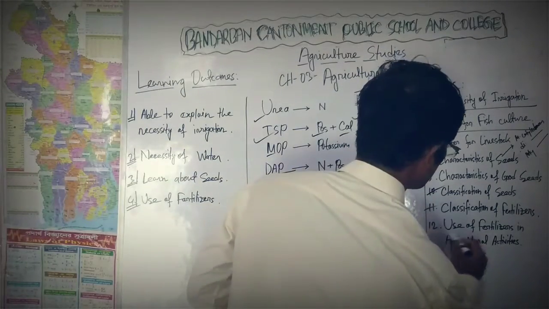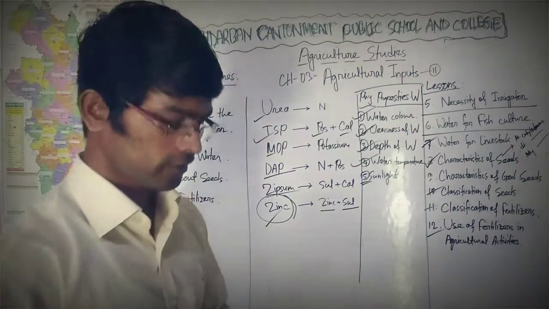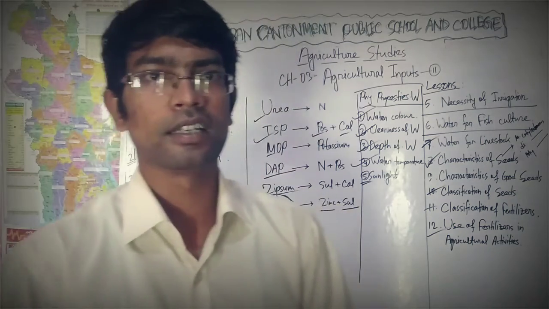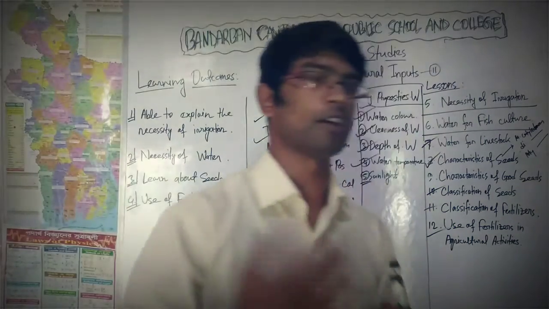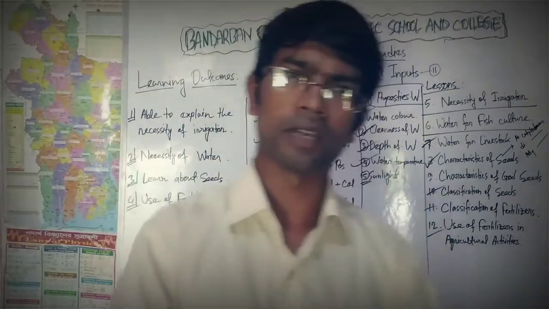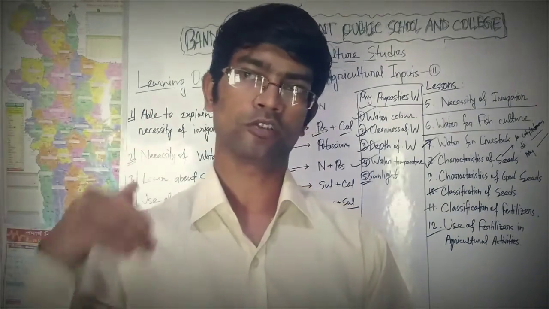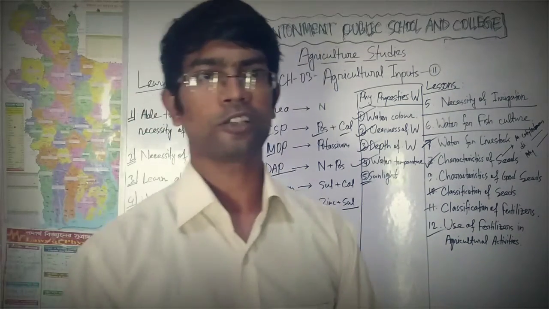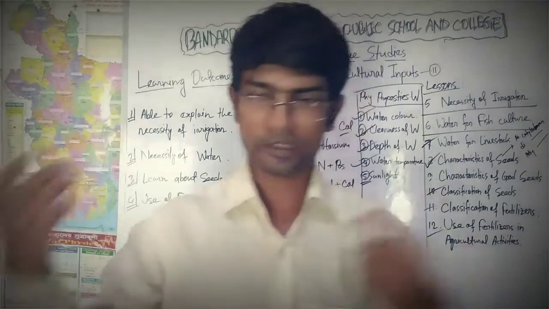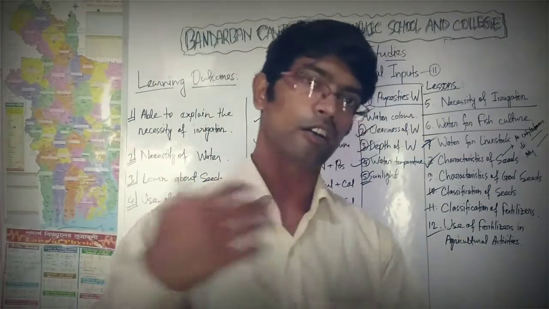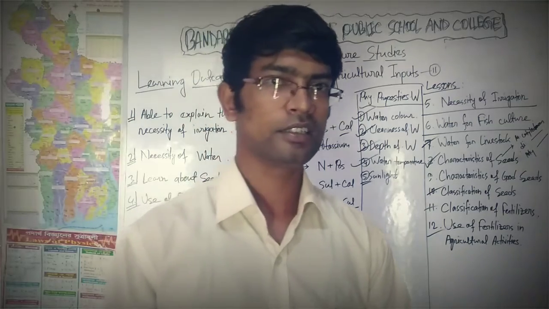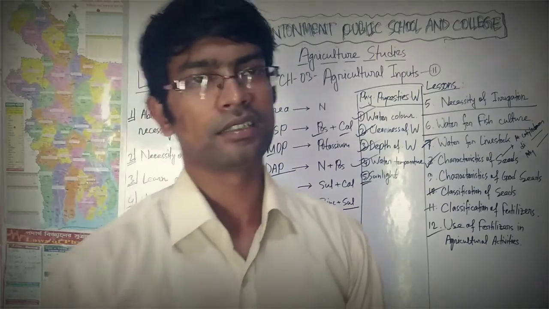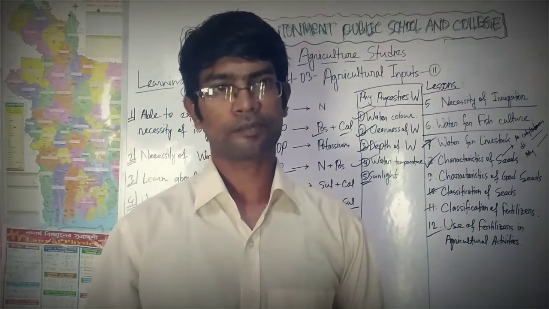Now, use of fertilizer in agricultural activities. Yes, without fertilizer we can't grow commercial crops. In our paddy field, our jute field, our sunflower crops, or many kinds of crops, or the social forestry, or the natural forestry, nowadays we are trying to supply fertilizer. It may be natural, organic, or chemical fertilizer. Okay, so I have already completed the discussion. This is a very easy chapter.